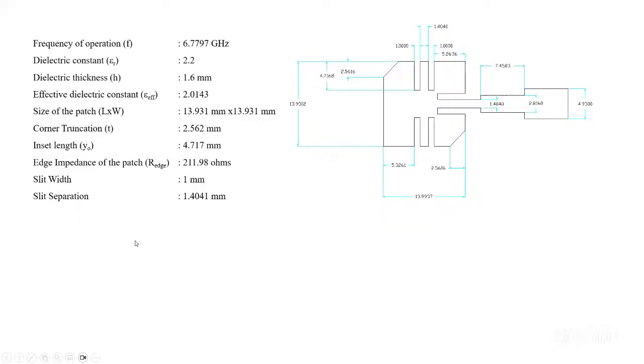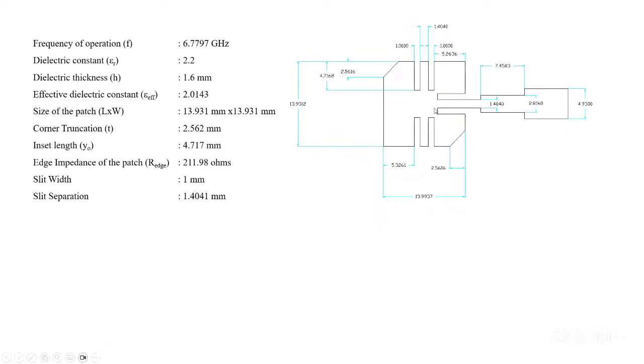This screen is also visible, right? Yes, okay. Once you run the program, all these dimensions will be available, and the program is also made such that it generates this particular drawing, the right side patch, not these markings.